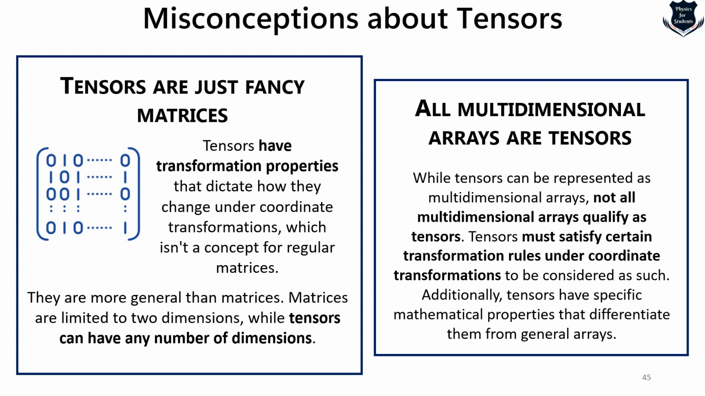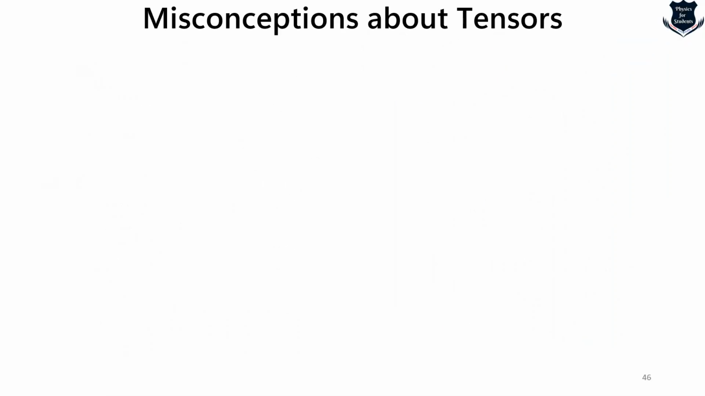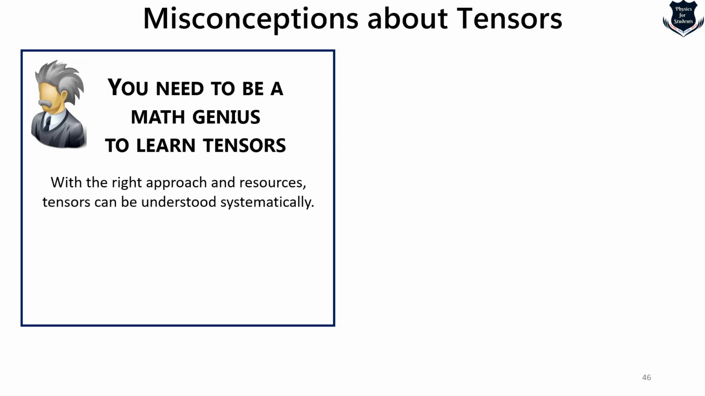So tensors must satisfy certain transformation rules under coordinate transformation, and only then will these multidimensional arrays become what is called tensors. So first of all, they are not just fancy matrices, and any multidimensional arrays cannot be called tensors. Also, there is a notion that you need to be a mathematical genius to learn tensors,